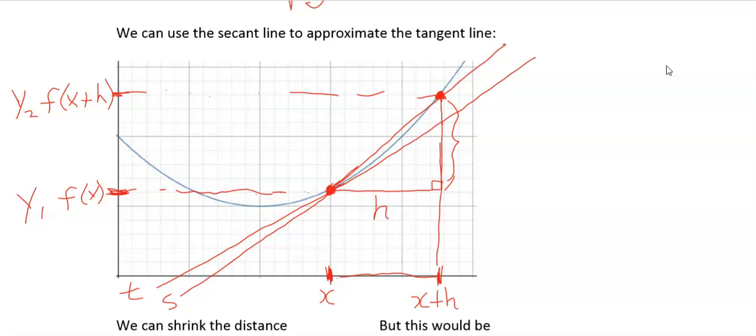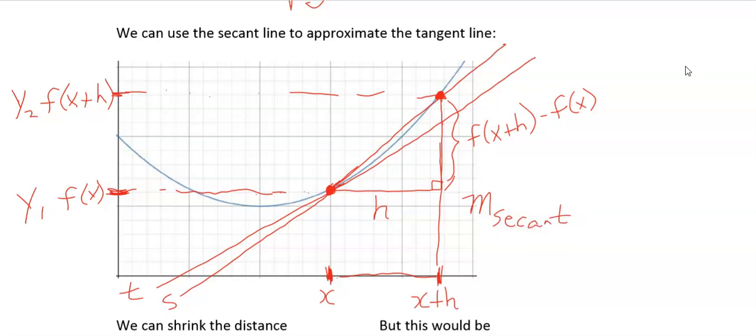So it turns out that this rise right here is actually f of, instead of saying y2 minus y1, you can say f of x plus h, that's your y2, take away f of x, that's your y1. See that? So there's your rise, h is your run. So in other words, the slope of this secant line